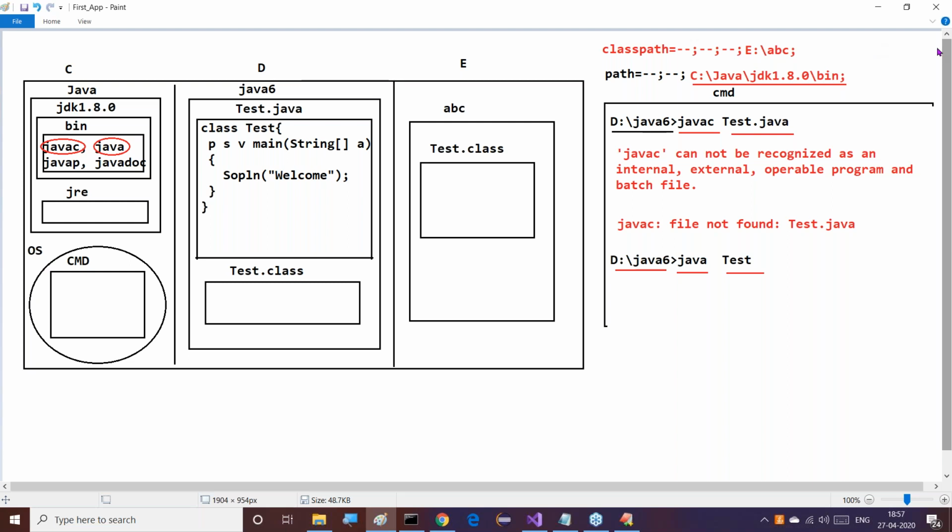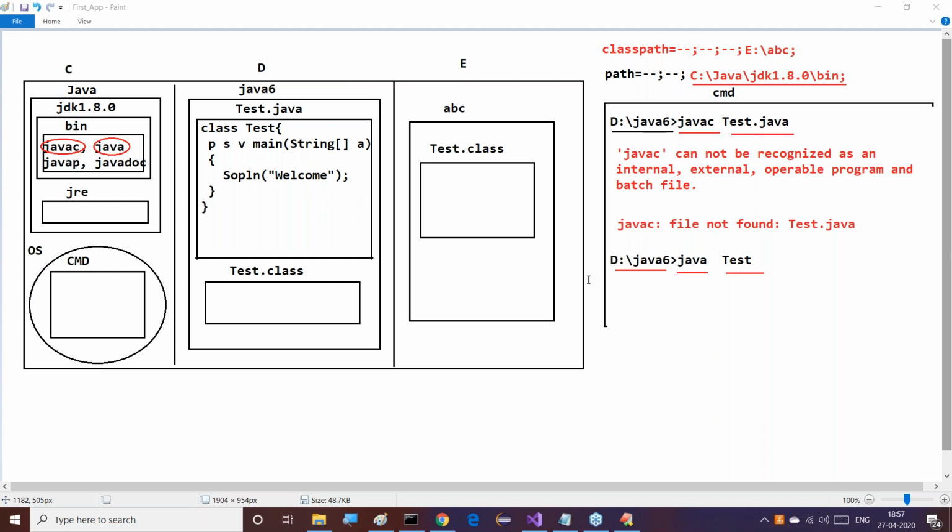When the JVM identifies this tester.class file, immediately the JVM will load the test class bytecode to the memory.